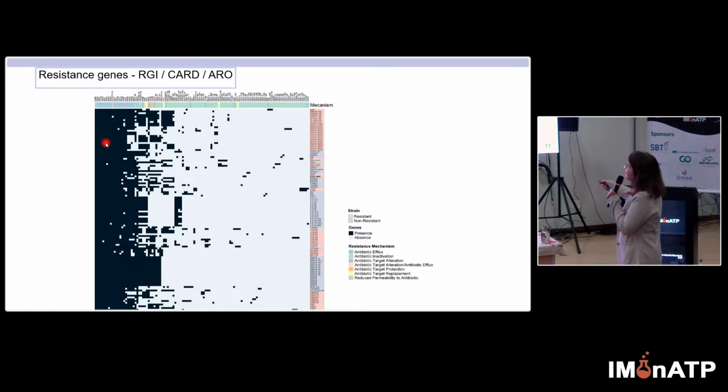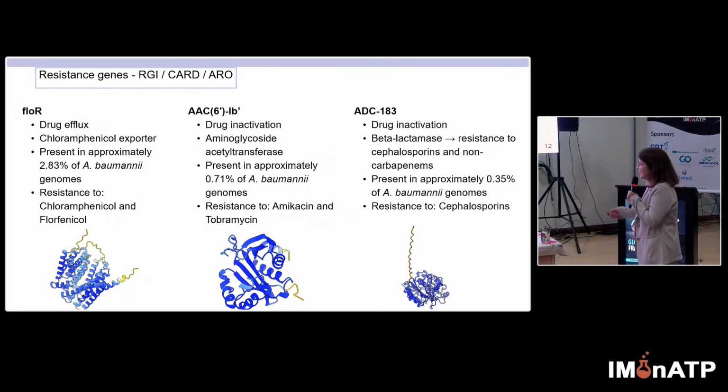Every time you see black is positive for the gene, and blue is negative for the gene. The bacteria we are looking at has 3 specific genes that are only seen in our bacteria compared to the other bacteria that are multi-resistant to drugs. The ones in red here are multi-resistant. Only this isolate has 3 specific genes. This was very interesting. Which genes are they?